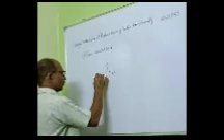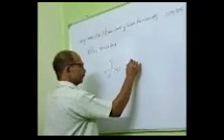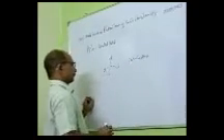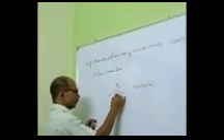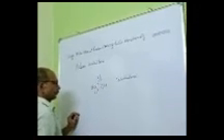From VSEPR theory, the structure of CCl4 is tetrahedral. Each bond moment is represented like this. The resultant of